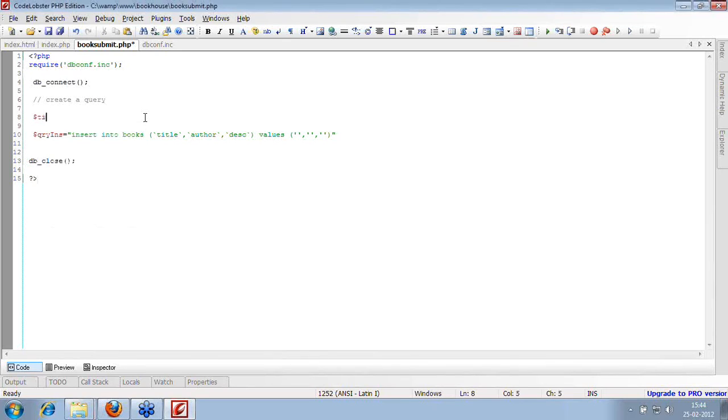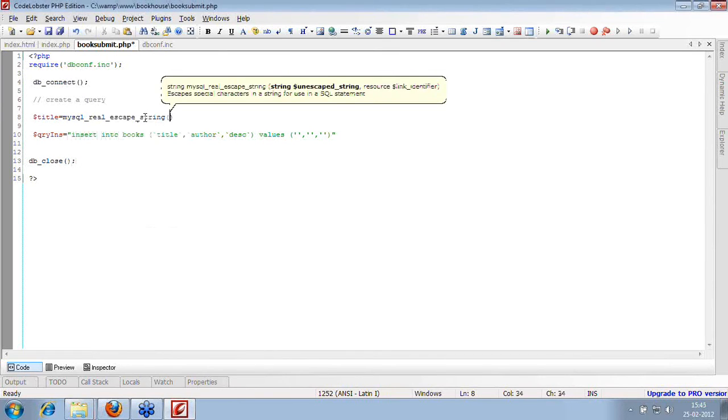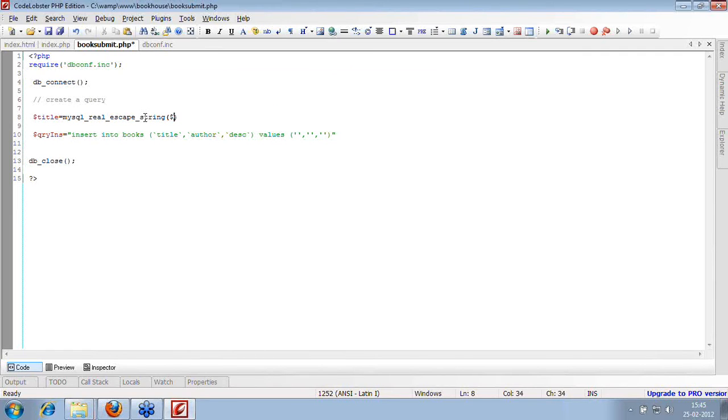So the first is title. So I'll say title variable. We can create an array as well, but I'm just creating name-specific variables for the values which we will be storing. Now we will be using the mysql_real_escape_string function, which will help you filter your data from SQL injection, the quotes, the slashes and all. So I want to filter the data which we have received from the post.